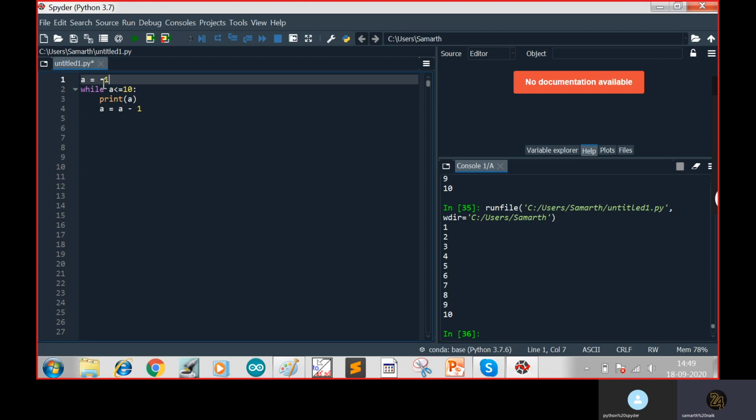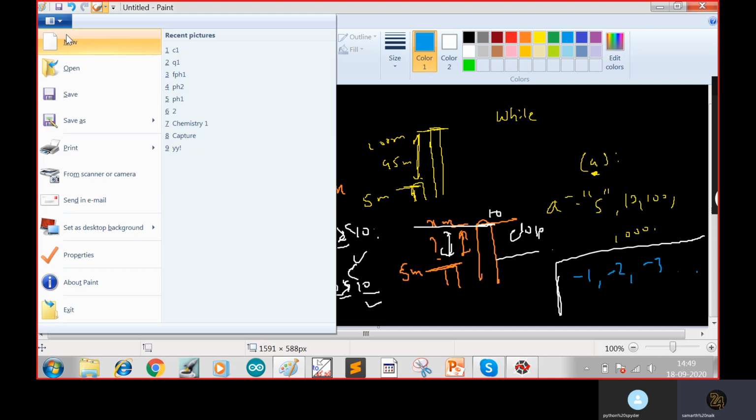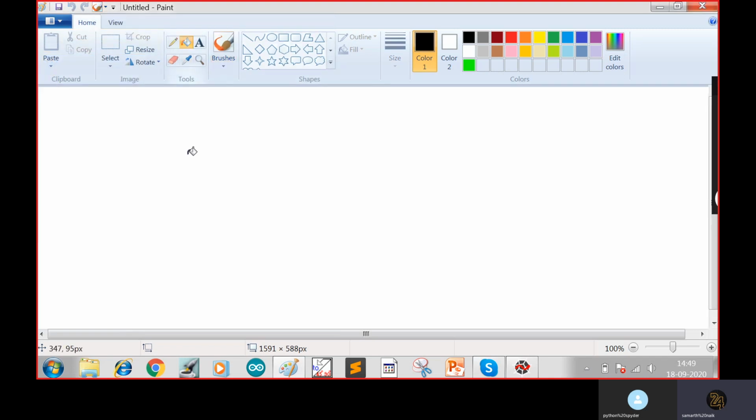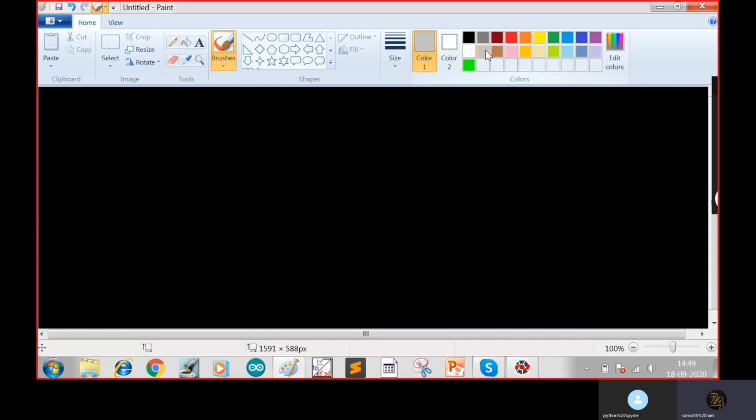First, what I'll do, no, but this will reach an infinite loop, right? Because the value of a is deteriorating. Let me just show you properly. What is actually happening is a's value is -1. So a is smaller or equal to 10. Print a here, with a tab, then the next space, and then you write a is a minus 1.